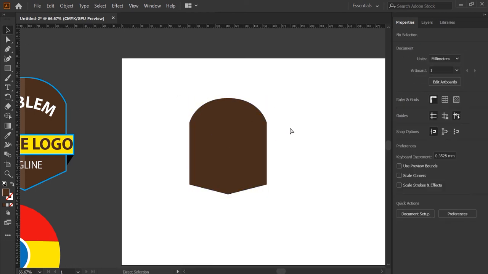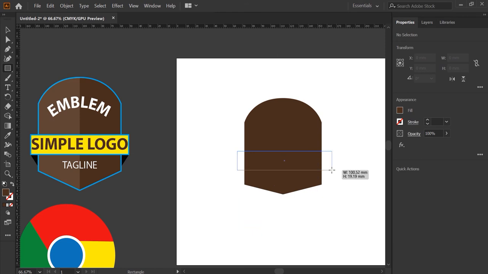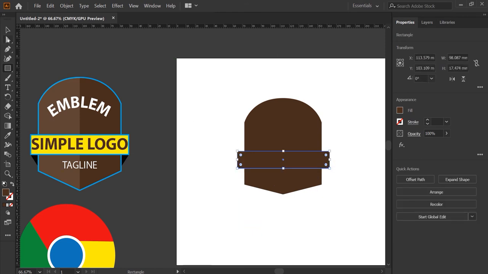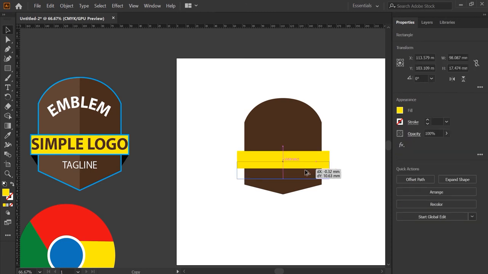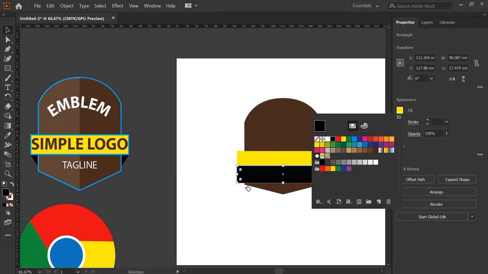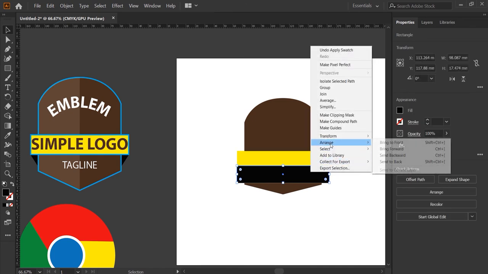After doing that, what you have is a rectangle here. So I will draw that rectangle. After drawing the rectangle, let's change the color. After changing the color, I need to duplicate this one. After duplicating that, let's change this color. Why I'm doing that is that I need 1 more element here, this one right here. So for that, I have drawn this one, and let's send it to the back. So arrange, send to back,